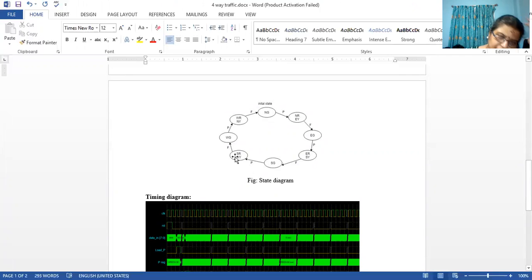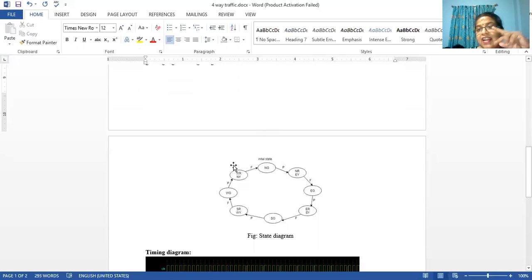West yellow is pending. I will go to west yellow and make it high for again 4 seconds. So automatically south green has gone because west yellow has come. Now the south red is made as 0 in that state. So if you see here, yellow and red can be 1 at the same time. And when south green is 1, remaining all the other directions' red is set to 1. Why? Because only one green can happen at a time.